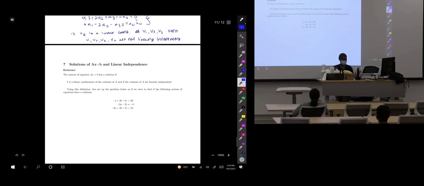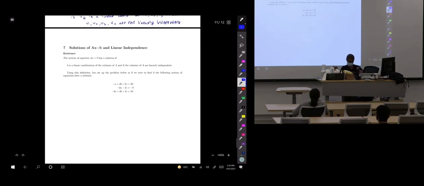All right. So here, what we're going to do is just set up this problem and then move on to the Julia portion of things. But let's say that we have a system of equations Ax = b. We know a solution exists if b is a linear combination of the columns of A, and if the columns of A are linearly independent. So, given what we know about linear independence and linear dependence, how exactly would we go about solving this problem? In order to figure out whether the columns of A are linearly independent,